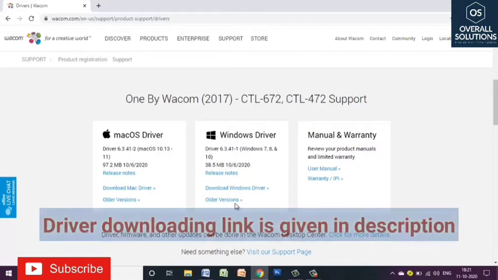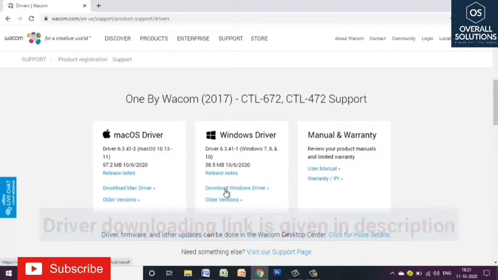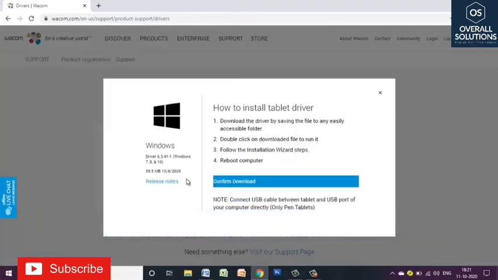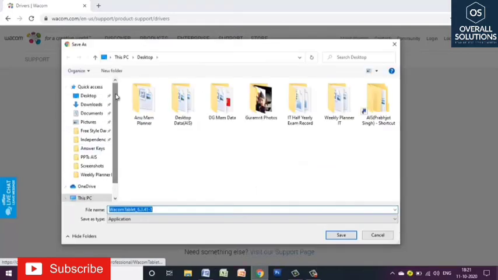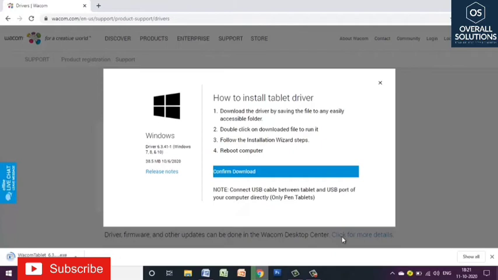Alright. Here you can see in the middle the download Windows driver option is coming. I will click on download Windows driver. It will show this interface, and I will click on continue download or confirm download, and the drivers will download to any location we want. I will download the drivers to a drive here. While the drivers are being downloaded, I want to tell you one more thing: you only have to install the drivers once and then it will work like a plug and play device on your computer or laptop. You can see the drivers have been downloaded.